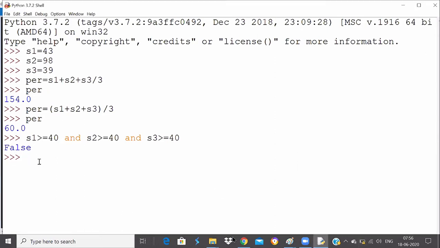Now let's talk about not. Basically, if we say not of true, it will make it false. When I say not of false, it will make it true. Very simple. It can be a variable or a direct constant. If you have the answer in a variable, you can say not of that variable, and the variable value will change to false. If it is not of false, it will make it true. So not will make it reverse. So shall we conclude?